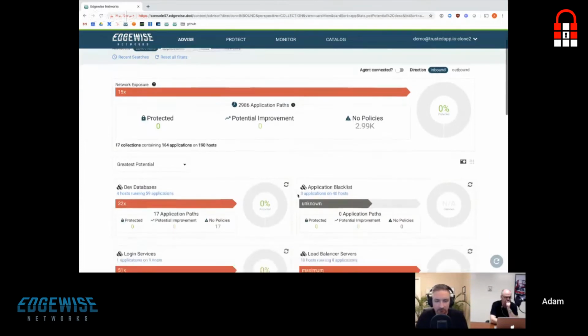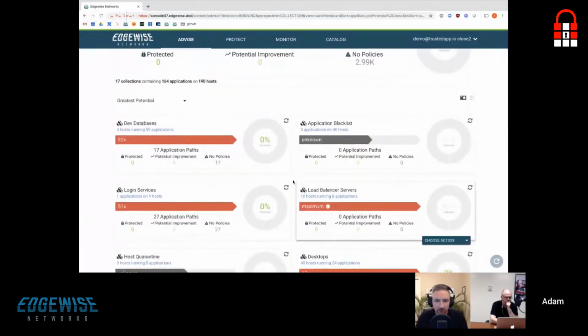We have a listing of all of the different types of databases and servers in our environment that have been grouped together as seen by the machine learning. What it's really doing is looking at how things are behaving, what the commonalities and communication patterns are, and grouping those together in ways that make sense for the environment. So I can see that I have a group of development databases, a group of load balancing servers, and my desktop network. All of these are picked out by that machine learning and recommended to me as these groupings. So that gives us that host level segment, which is great.